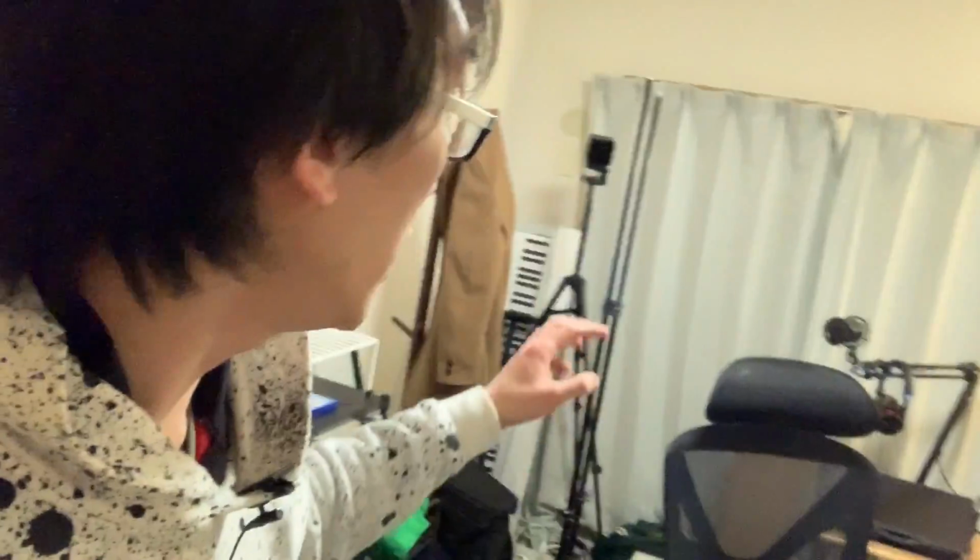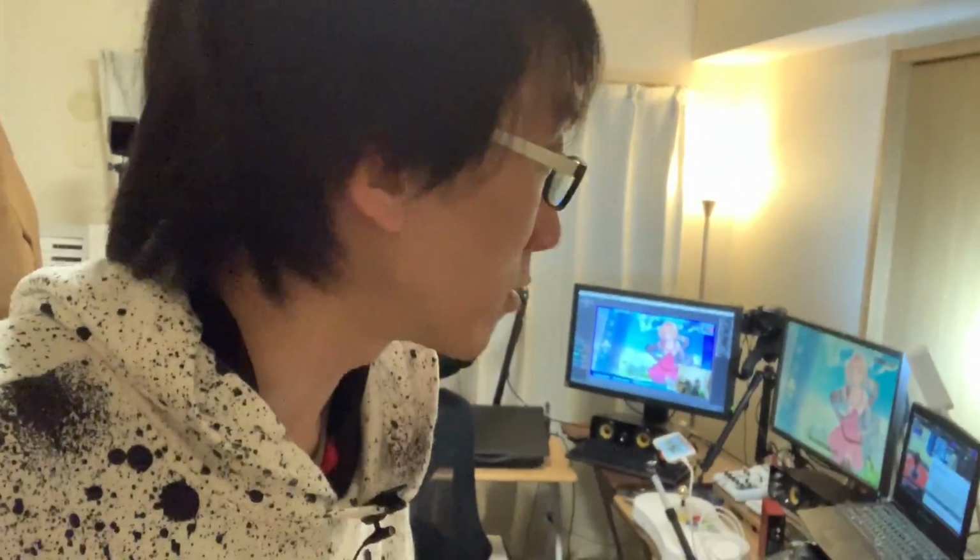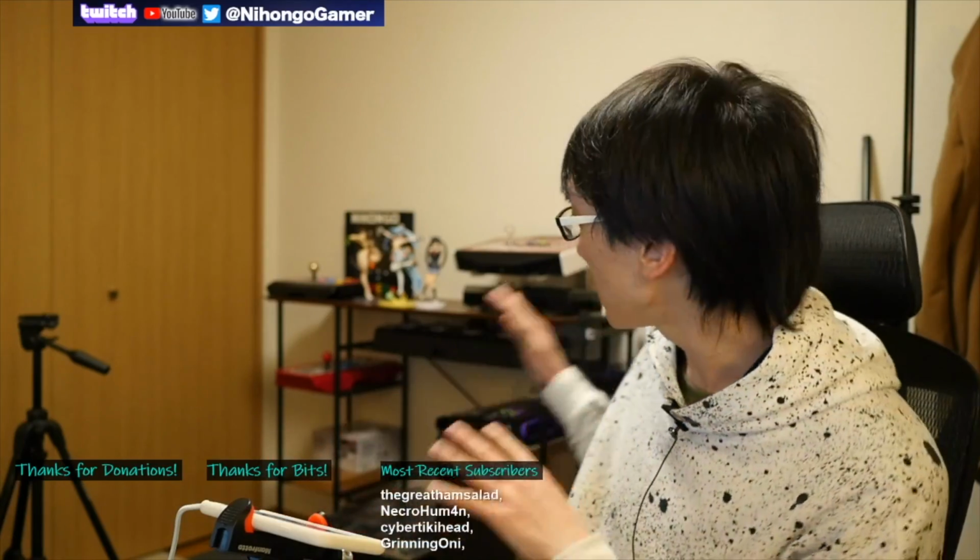If you want to have it set up like this, with the background removed, you're going to have to set up a green screen. Now there are also apps that allow you to remove the background without a green screen, but if you use a green screen, it's just going to be that much cleaner. So for normal video recordings, this background is absolutely fine, but if I want to remove the background and I don't want to use one of those plugins that don't look as clean as I would like, let's set up